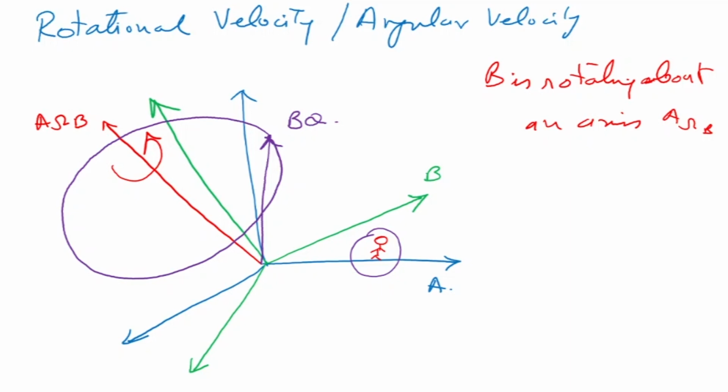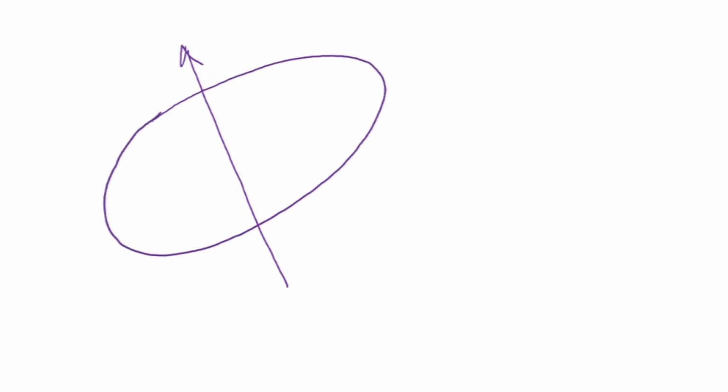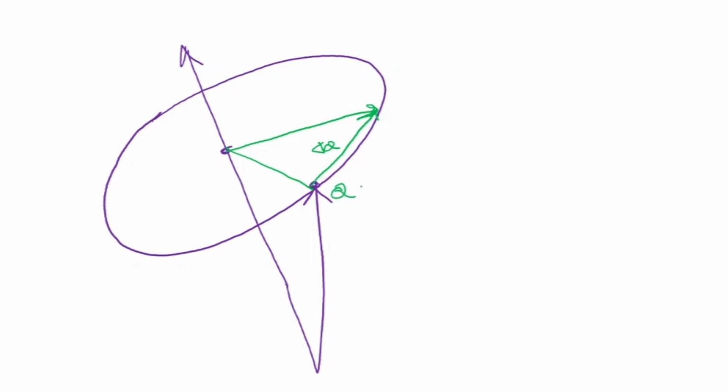Now let me draw this again. This was my axis of rotation. This is the circle, and this is the point which was there. Let's say the point is here. Now this is the center of the circle, and this is the vector. After a very small interval of time, let's say this is the circle that I just drew some time back. For a very small interval of time, this point will go here. So it will have this distance which it has traveled. This is delta Q. The point Q was here, this is my Q. After a very small interval of time, delta T, this point has gone here now.